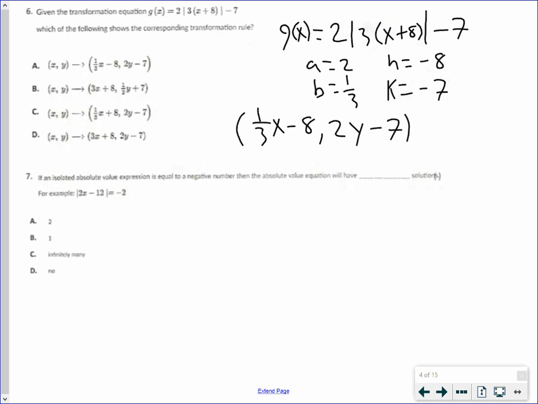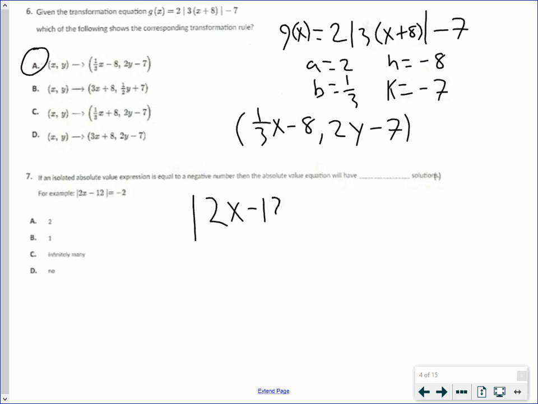All right, so that leaves us with answer choice A for this one, 1/3 x minus 8, comma 2y minus 7. For number 7, we're asked if an isolated absolute value expression is equal to a negative number, then the absolute value equation will have blank solutions. For example,